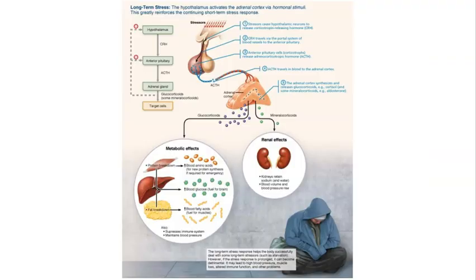So in summary, long-term stressors, such as starvation or prolonged fasting, will cause the hypothalamus to stimulate the anterior pituitary and release adrenocorticotropic hormone. The hormone then stimulates the adrenal gland to secrete cortisol as well as aldosterone. Glucocorticoids such as cortisol promote the breakdown of proteins into amino acids and the breakdown of adipose tissue into fatty acids. The liver can then use the amino acids and the fatty acids in gluconeogenesis in order to create glucose